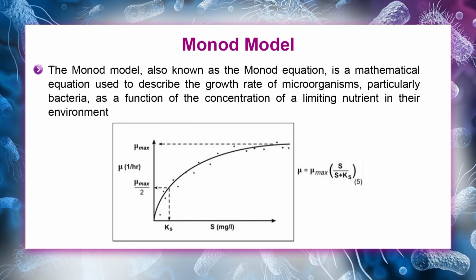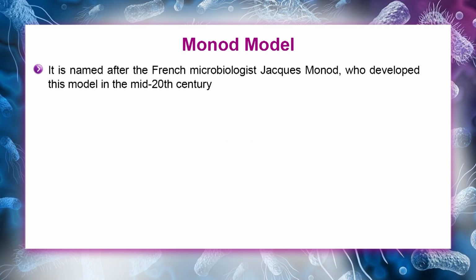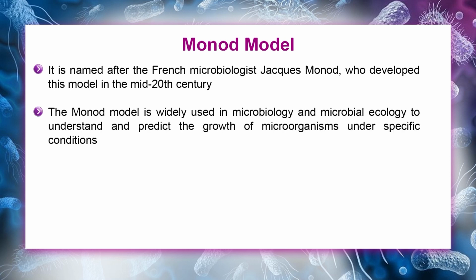The Monod model, also known as the Monod equation, is a mathematical equation used to describe the growth rate of microorganisms, particularly bacteria, as a function of the concentration of a limiting nutrient in their environment. It is named after the French microbiologist Jacques Monod, who developed this model in the mid 20th century. The Monod model is widely used in microbiology and microbial ecology to understand and predict the growth of microorganisms under